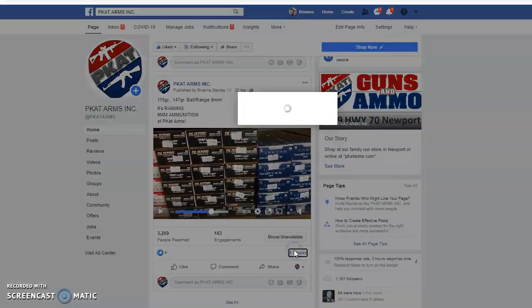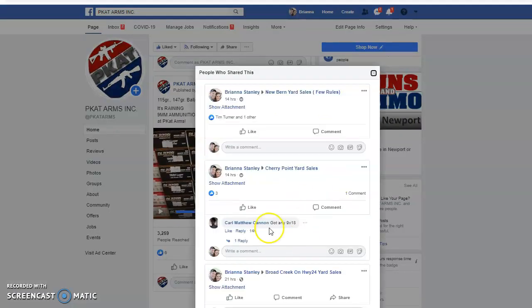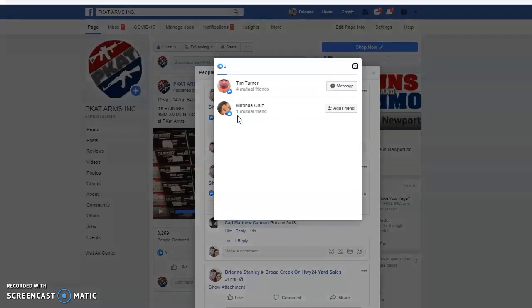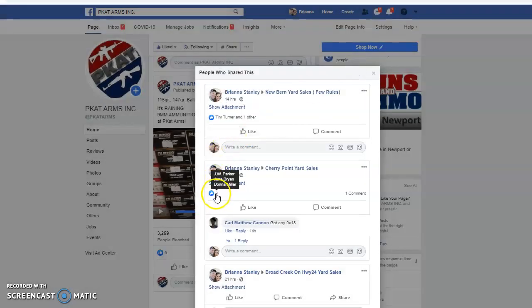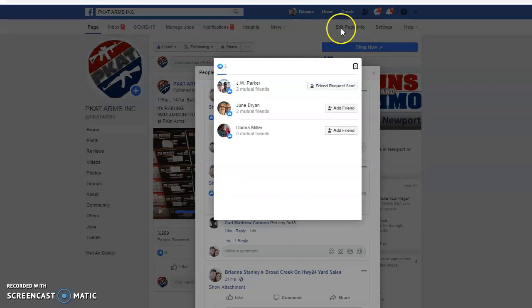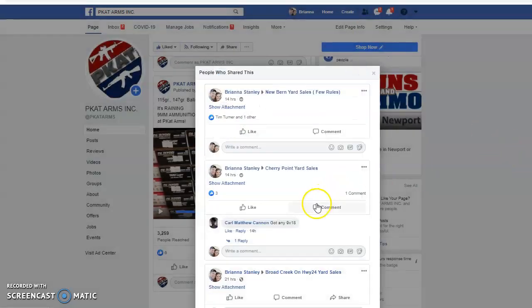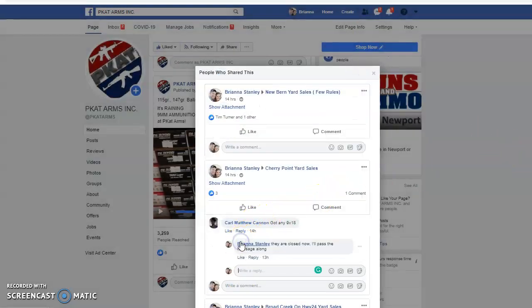So with these shares, in this instance, we were looking for a reply for this question. But here are all the different shares. Here's all the interactions. You can go right here to harvest your leads. That's in a different video, but these are the people that liked your post. And then moving down a little bit farther, you can interact and reply with any comments.